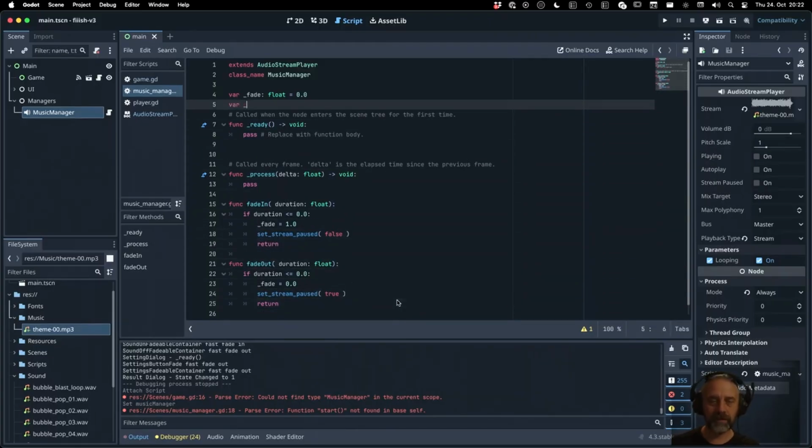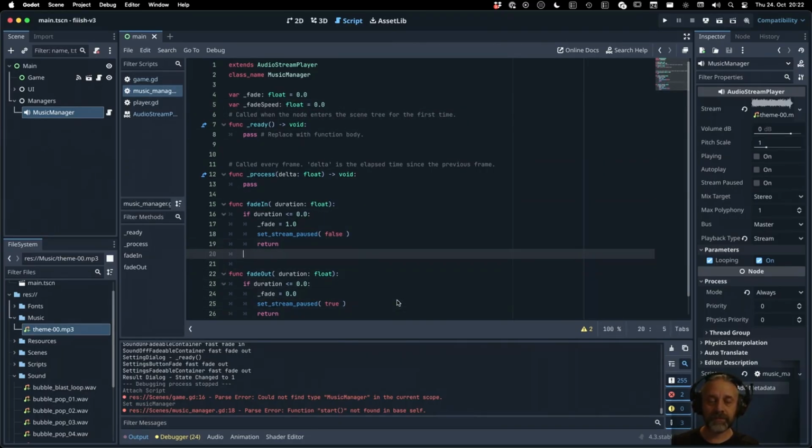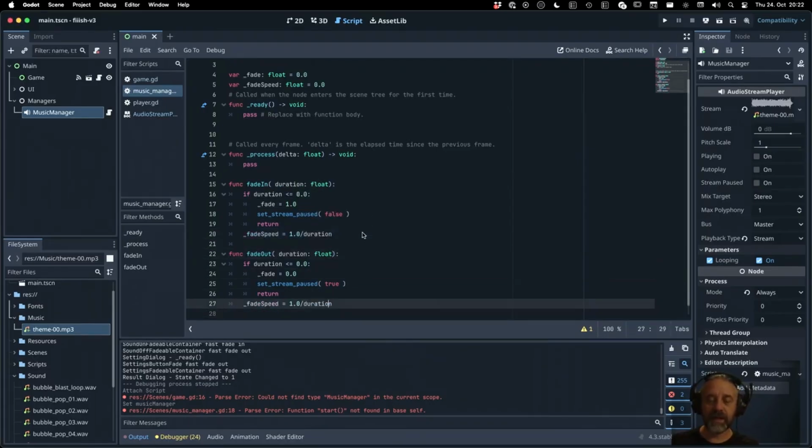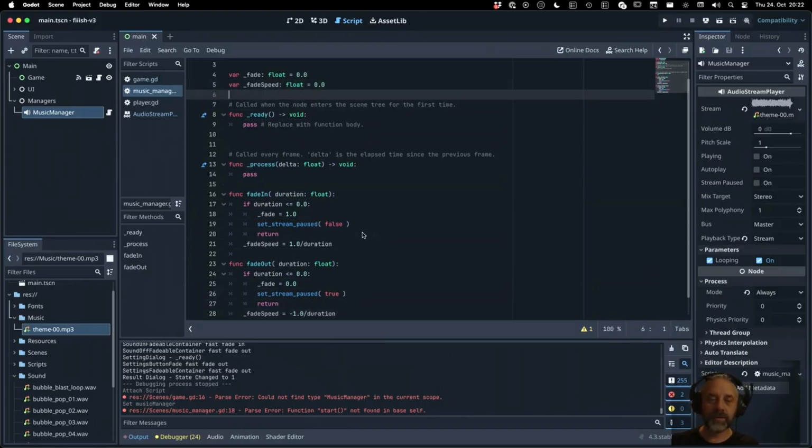So we have a fade speed, which is a float, which is 0.0, right? And we say if we have a fade in, then the fade speed is 1.0 divided by duration, right? And we avoided the divide by 0 by checking that. So this is a fade in, and this is a fade out. Very straightforward, right? And then in process,